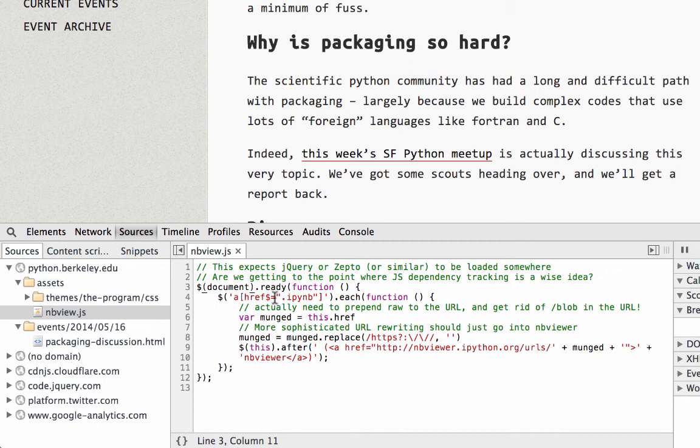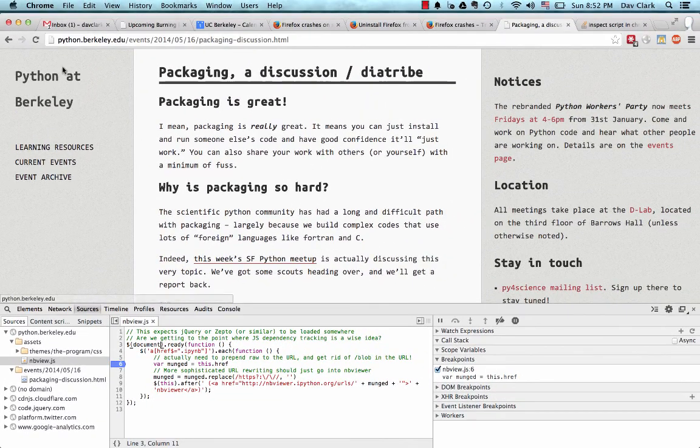This is kind of magic. The jQuery each is a little confusing to me maybe, so I'm just going to click and put a breakpoint on the first line that I really understand, where I'm just setting a variable to the contents of the href of the identified link. So to run the page rendering process with that breakpoint enabled, all we do is hit reload